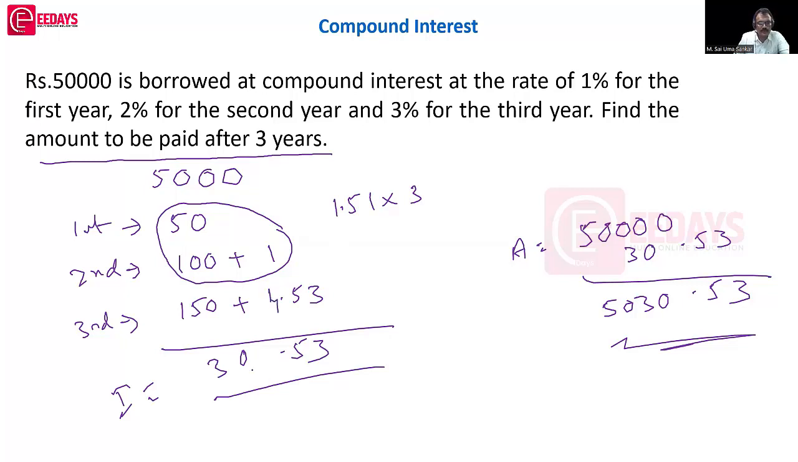So 100 200 304.53. So this is equal to 50,304 rupees 53 paisa, which is required answer. Okay,